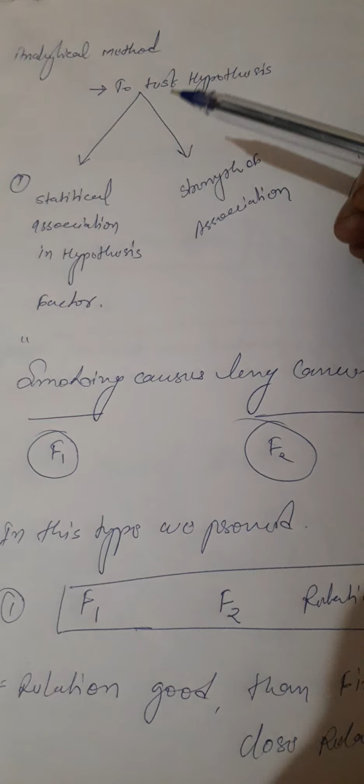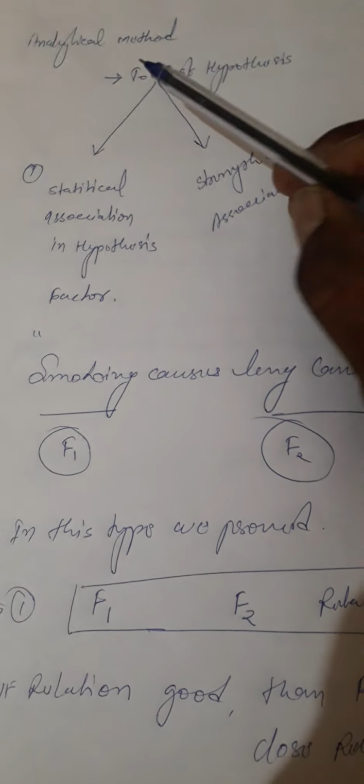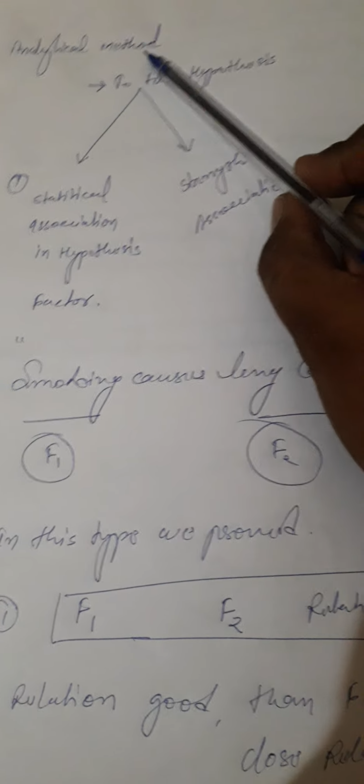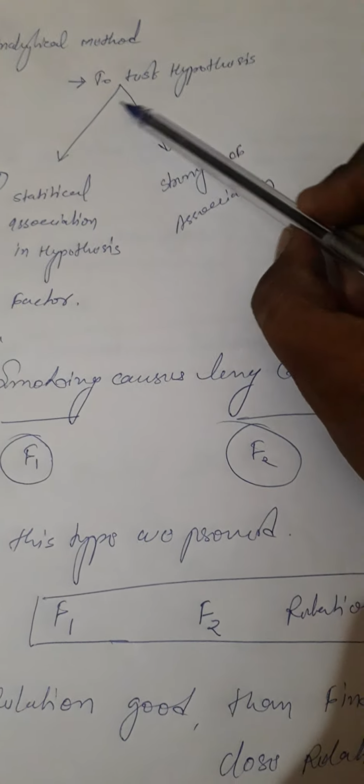Okay, again, I will try to explain with a small video about the analytical method and epidemiological method. You just watch and listen carefully. That's the analytical method. The main point of the analytical method is to test the hypothesis. When we are testing the hypothesis, we think about 2 points.